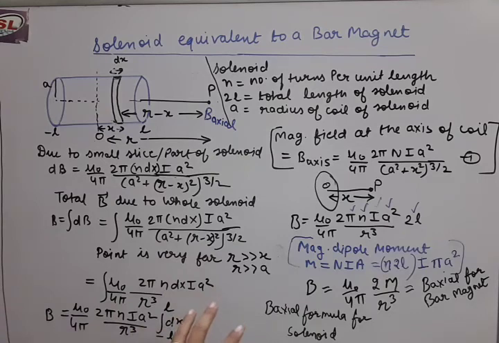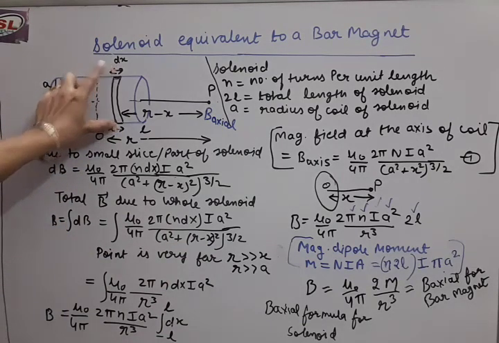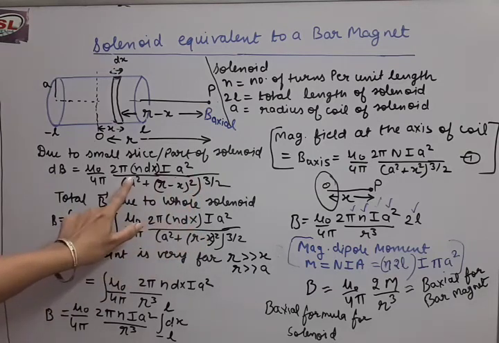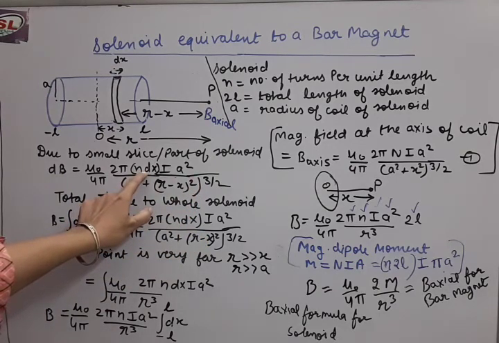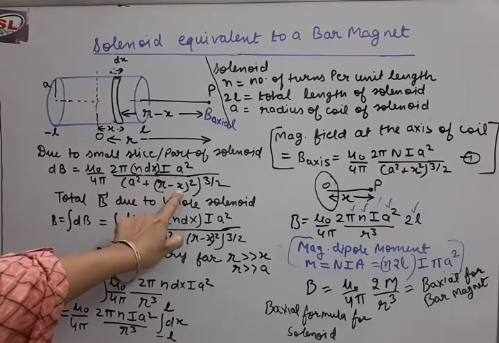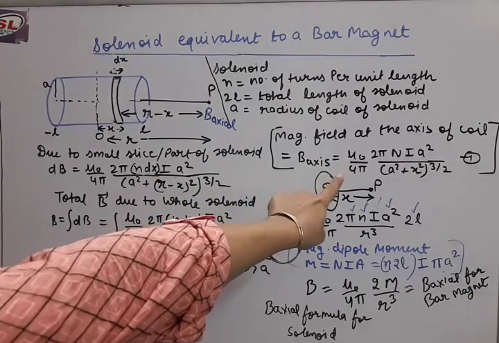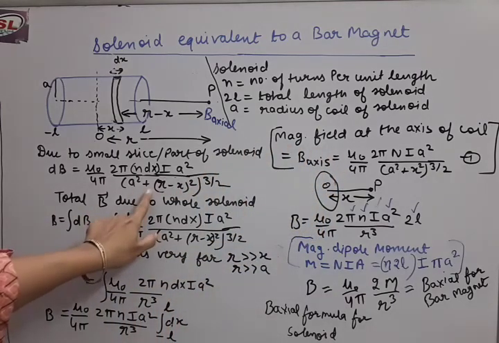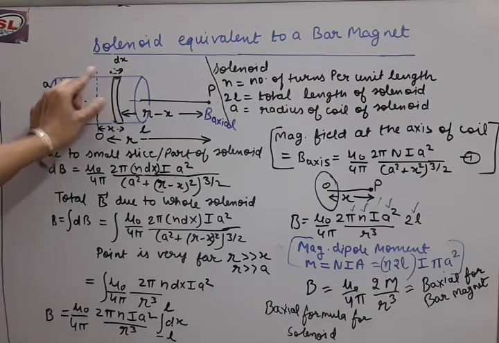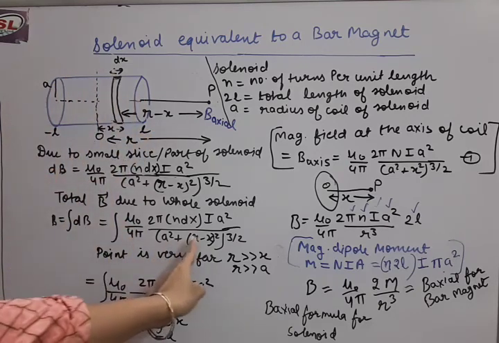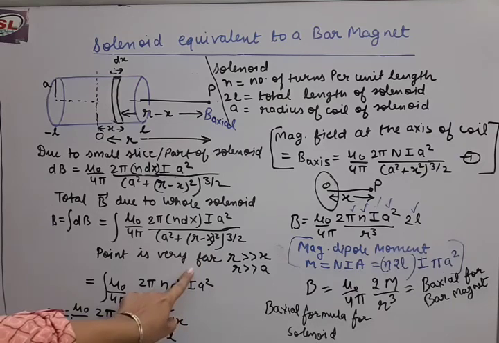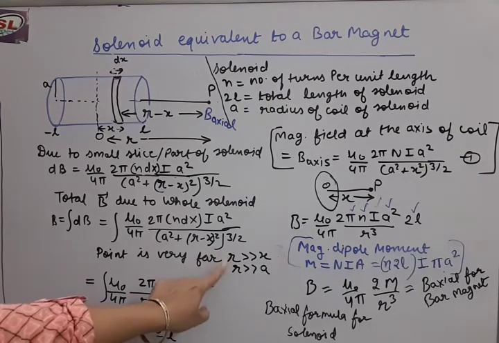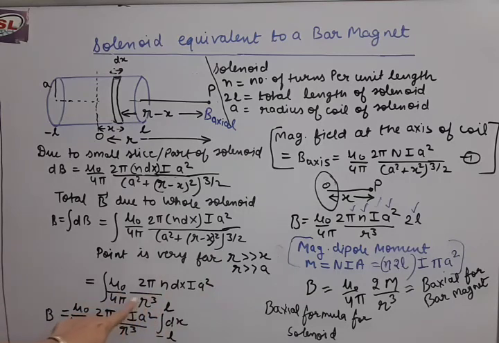Now you must be feeling that this derivation is very big, but what are the main steps? First of all, take a small slice from the solenoid, make dB for it, and in that dB make these changes: n dx is extra and R minus x is extra, in comparison to the original formula. Once this dB is prepared for this small part, then for the whole solenoid we do integration of this dB. There is only one approximation, that approximation, and with it the answer becomes very simple. All the things come out, only dx remains.